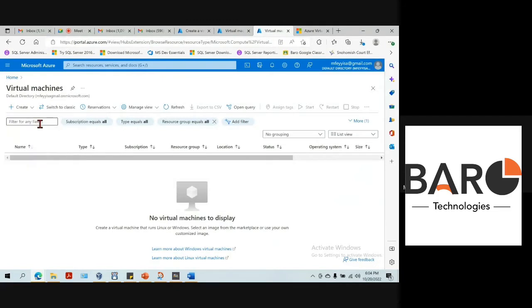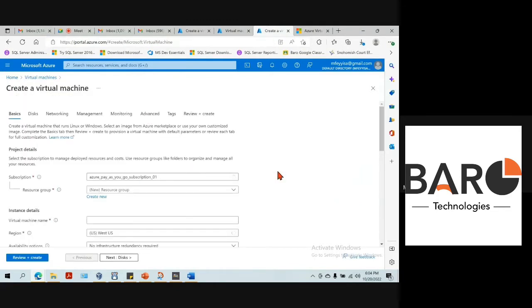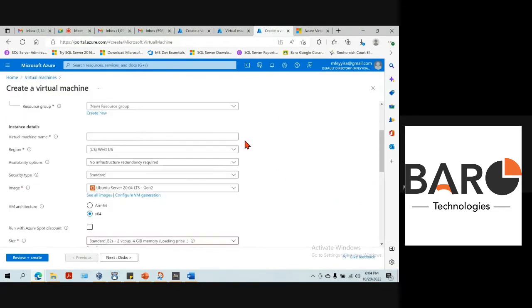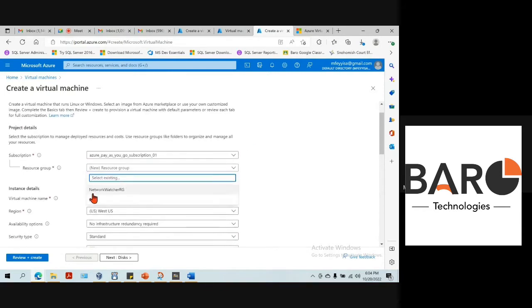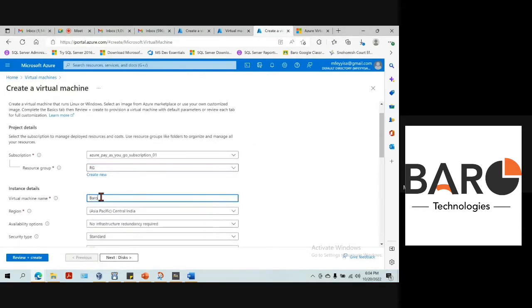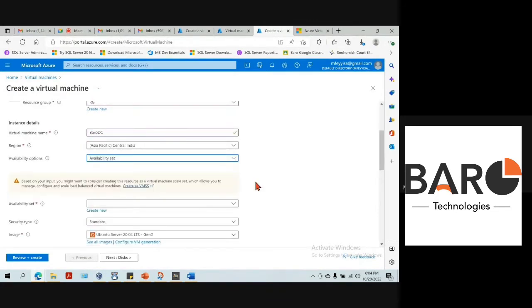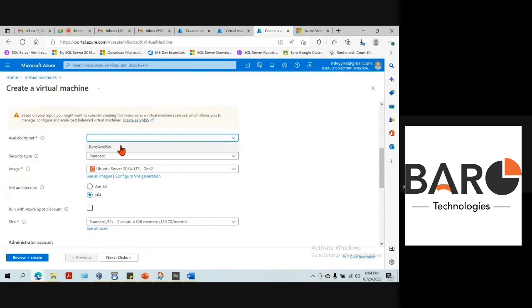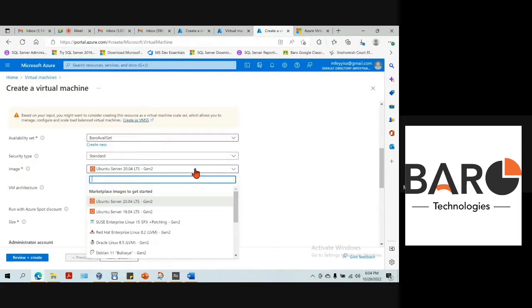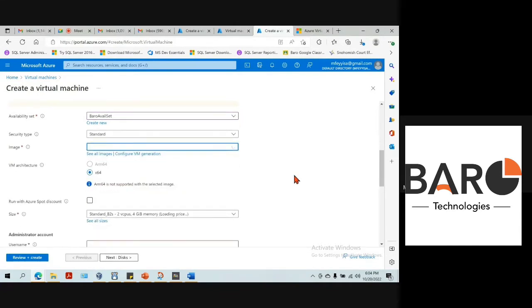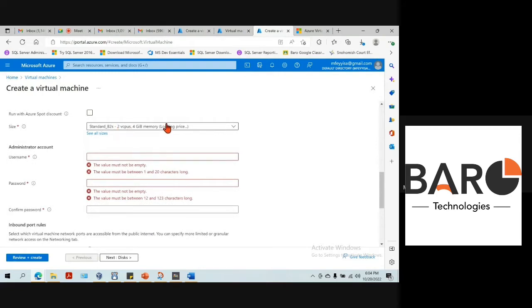Yes. Okay, so I choose the virtual machine. So resource group, Baro DC. It's already giving me the region automatically. I will choose availability sets. I also pick the availability set I already created. I choose the operating system, Windows Server 2019 Generation 2. It already remembers this option that I selected earlier, which is the standard B2S, two virtual CPU and four memory,